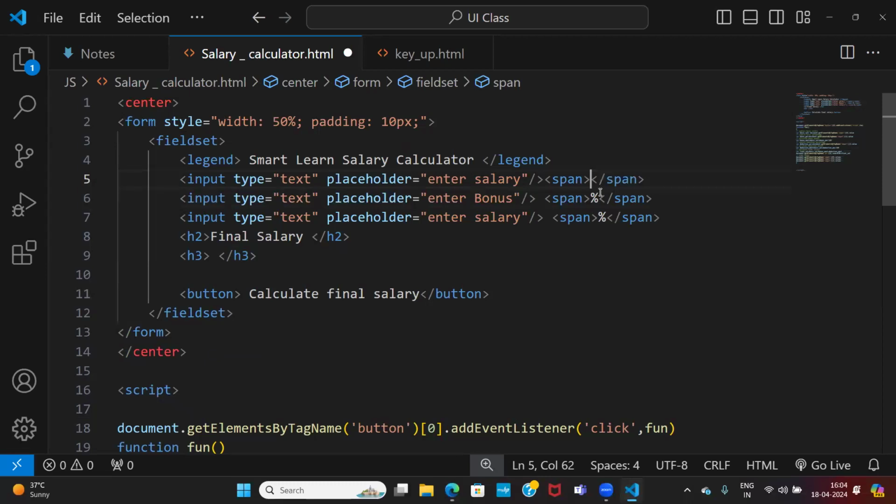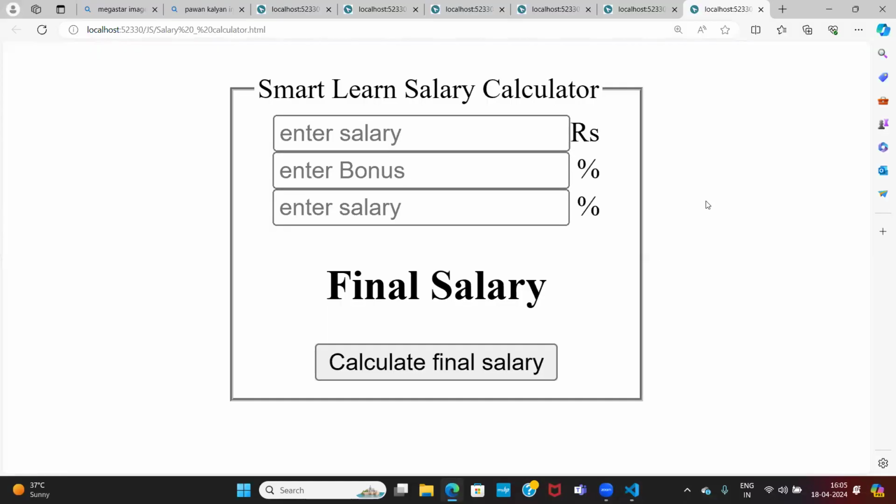Enter salary. Just saved it. But later if you want, you can write the CSS for this and that. Salary. Enter the salary. 12,000. Bonus. Let me go with the 10,000. Then only you can understand whether it is working or not. Bonus is,